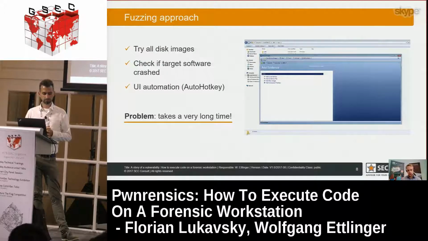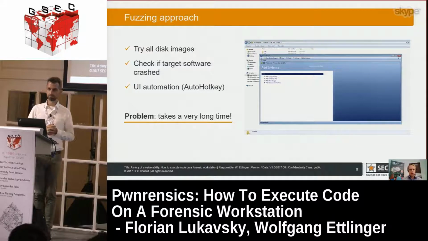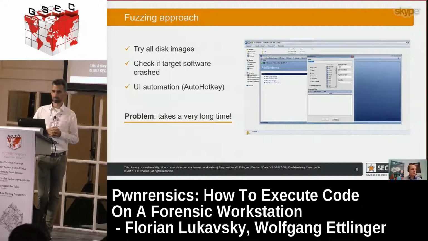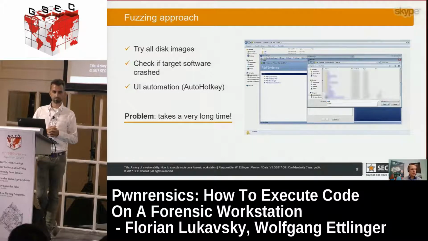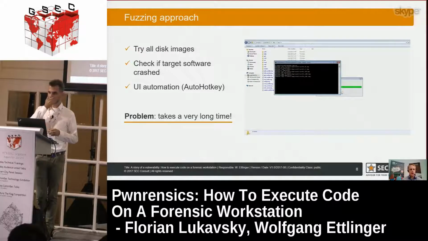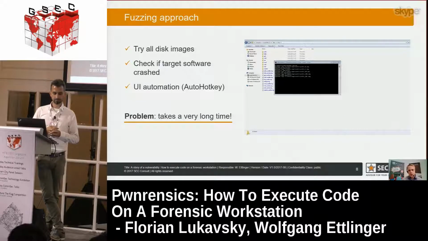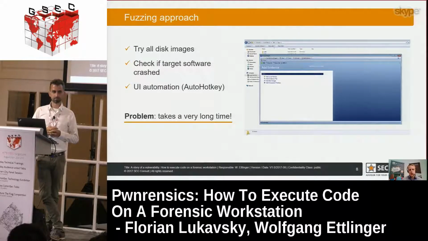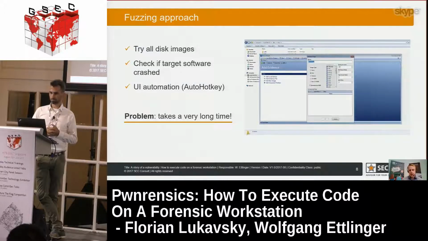Now that we had a set of a lot of manipulated disk images, we needed to find a way to try these disk images in EnCase Forensic Imager and see whether EnCase Forensic Imager crashes while trying to parse these images. For that, we used a simple UI automation script, and we used AutoHotkey for this. So on the right, you can see a simple Python script that iterates over all the images and calls an AutoHotkey script that then starts EnCase Forensic Imager and loads the disk image